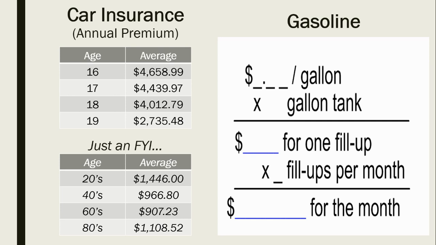And then just because I wanted to show you guys this, I thought it was kind of funny. As you guys get into your 20s, it'll drop. Matter of fact, 25 is the magic number for those who aren't aware. Once you hit 25, your insurance drops dramatically. And then you'll start to see after 60s, it starts to go back up. Why does it start to go back up for older people? Yeah. You start forgetting how to drive. Yeah, there's issues with driving and sight and mental issues. Right. So you guys, if you know your insurance, do that. If not, take one of these, whatever your age is, divide by 12, and that'll give you your monthly,